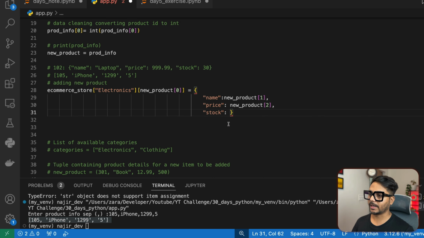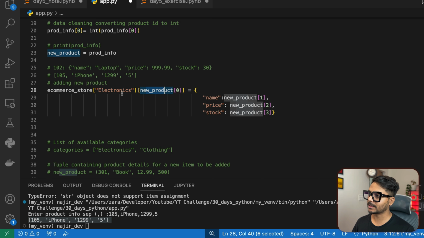so here I'm going to add a new product from this new product list that I have created. I would just enter to access the fourth element, that's going to be stock. All right, so our update is done. Now this is going to add a new product inside our nested dict, inside this electronics category, and then it is going to print a message. Okay,